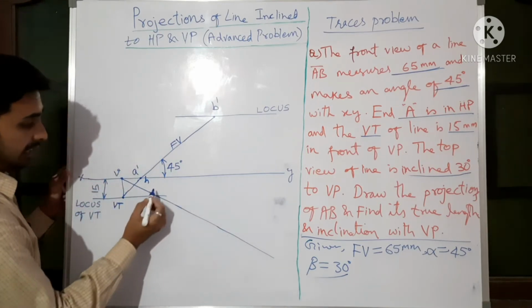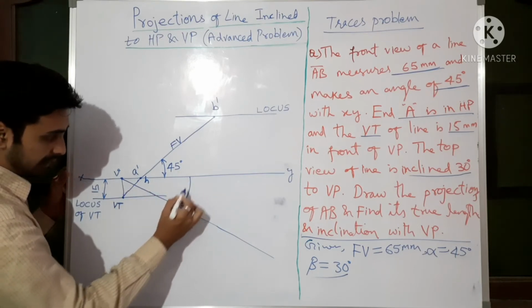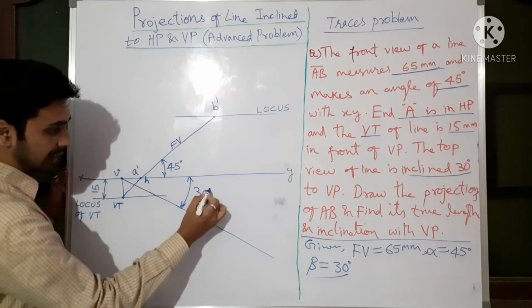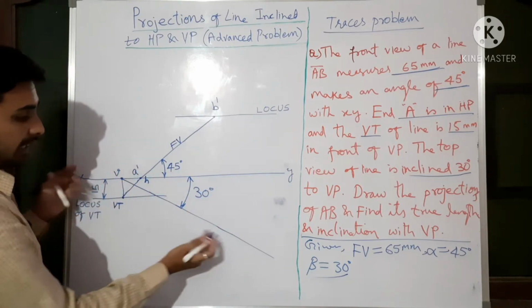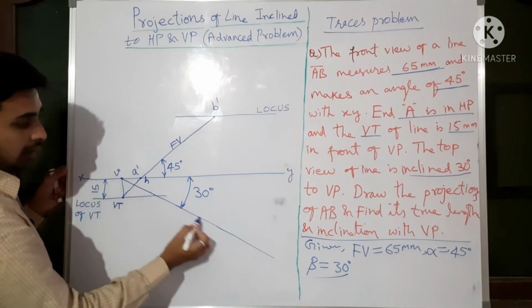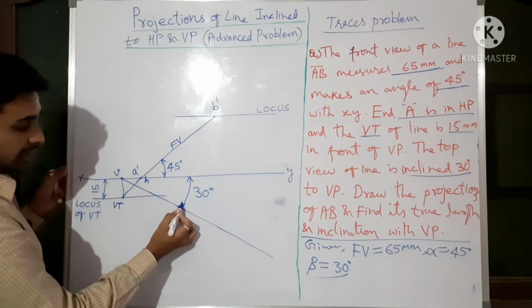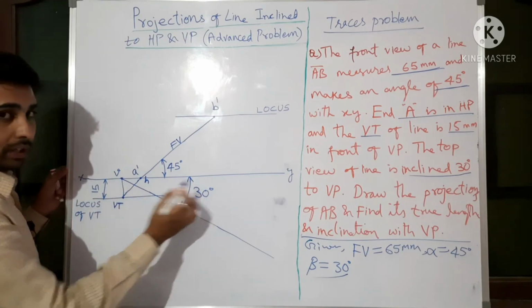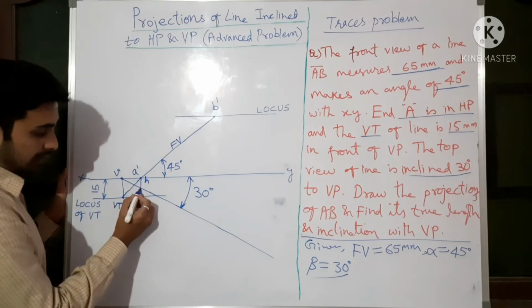Any length. This angle is how much? Somewhere here I will note down, later I will erase this. Top view angle is 30 degree. The top view line may be here, anywhere, that we don't know, but the extension of the top view will give you v. So from v we can start our top view, or you can imagine the extension. It is at 30 degree. Now where is the top view starting from? If you project A vertically down, somewhere here it will meet.